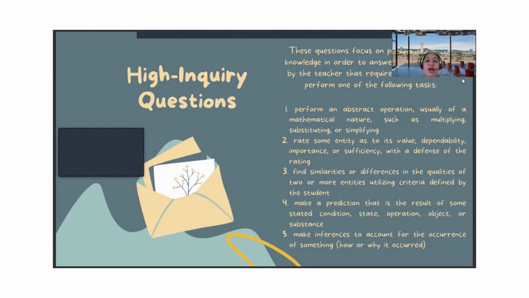This is a higher order thinking skill already. Next is make inferences to account for the occurrence of something, like how or why it actually occurred. So it's very understandable naman, di ba? So next is,